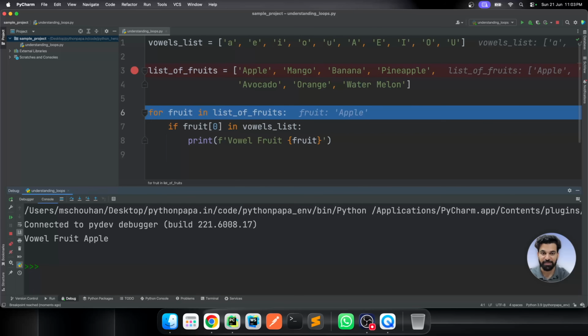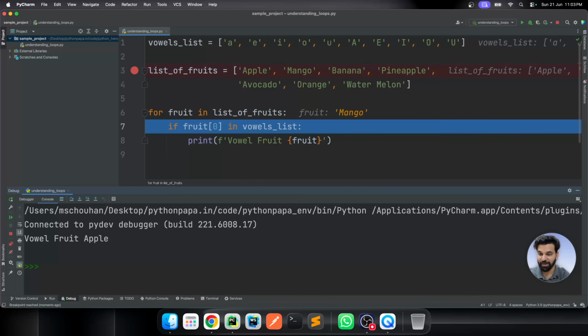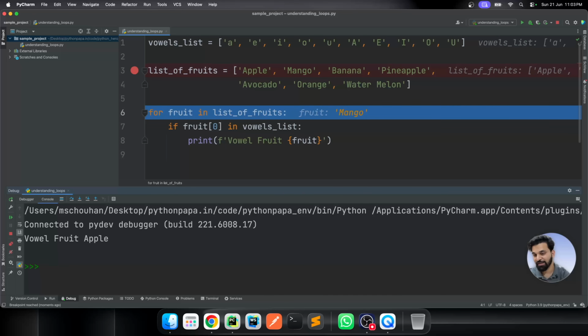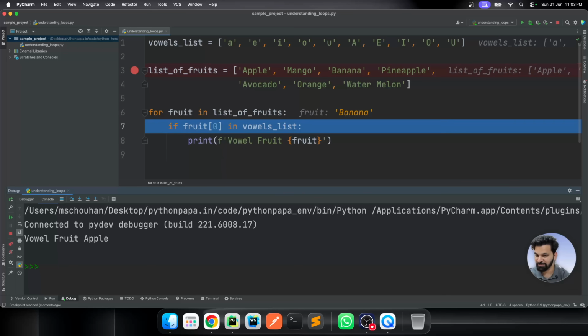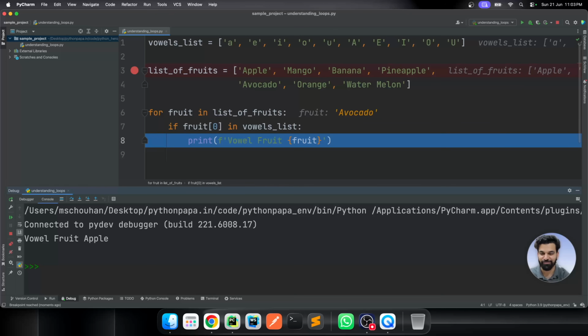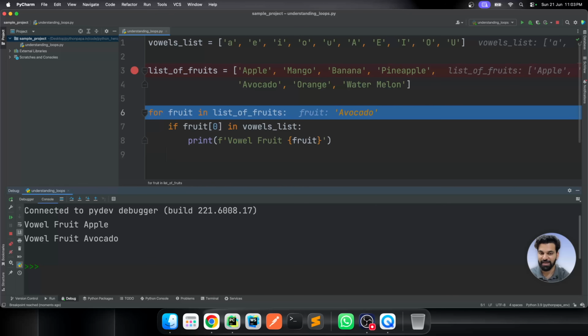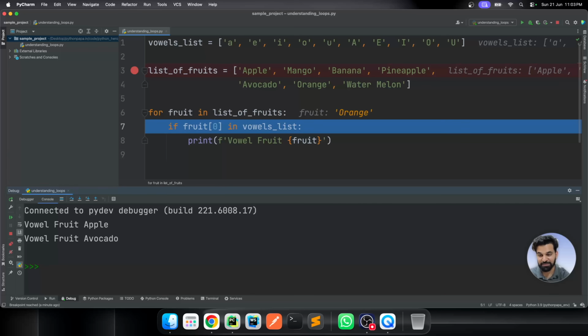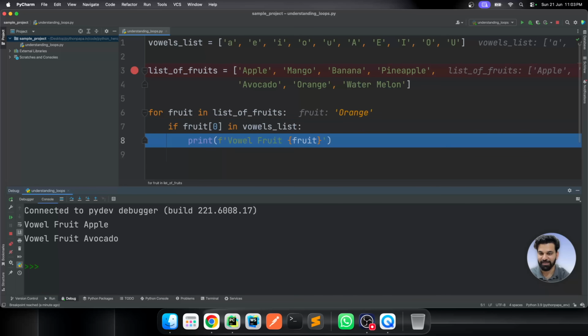Now I am picking up the next fruit, which is mango, and M is not in the vowels list, and that's why it will go and pick up the next fruit, banana, that is also not in the vowels list, and we will pick up pineapple, that's also not in the vowels list. And now we have our avocado. Now avocado's 0th index position is A, which is present in the vowels list, and that's why it will enter this if block and it will print vowel fruit and the name of the fruit, avocado. Now we will pick up orange, and orange also is present in the vowels list, and that's why it will print